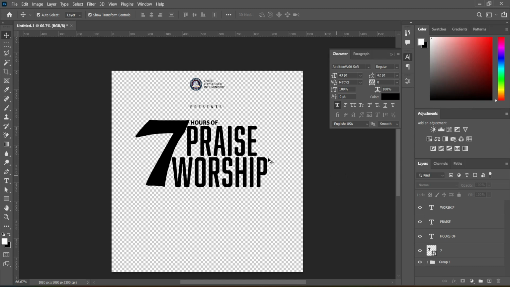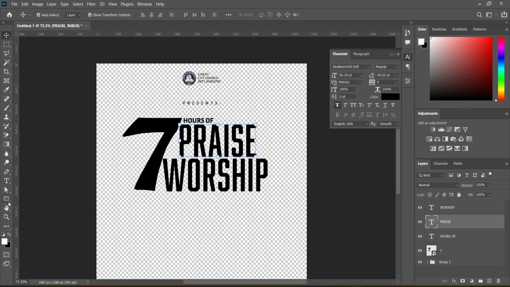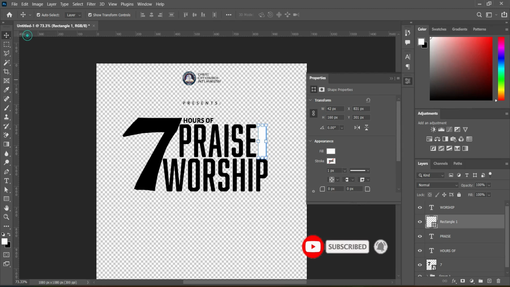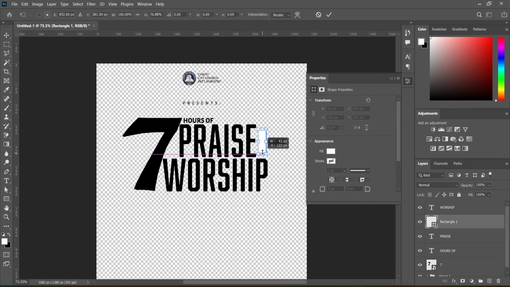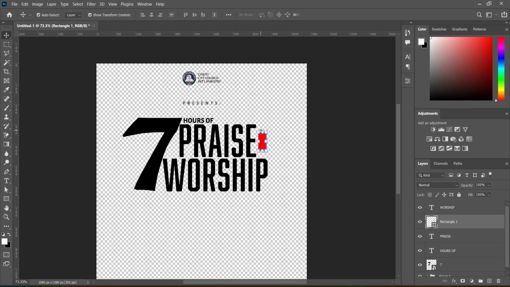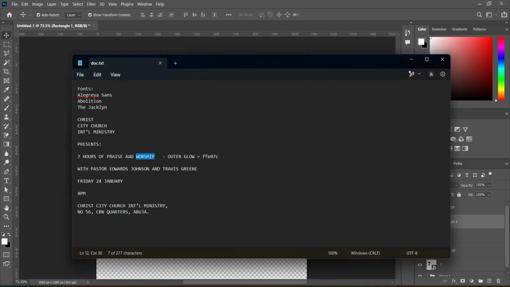So having arranged it this way now, then we are going back to this position, then select your rectangle, then you draw a rectangle over here this way. Then we are going to reduce it, then change the color to red, and come over here to copy this one,